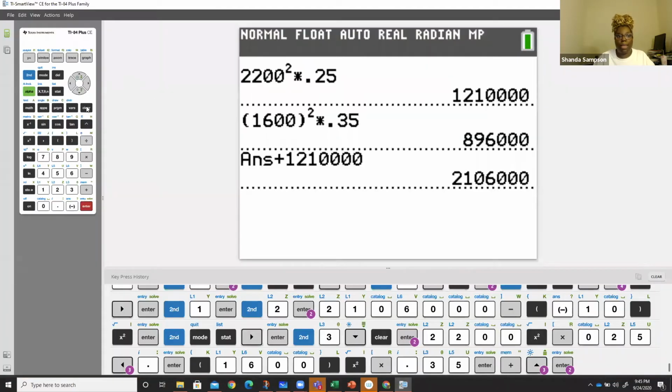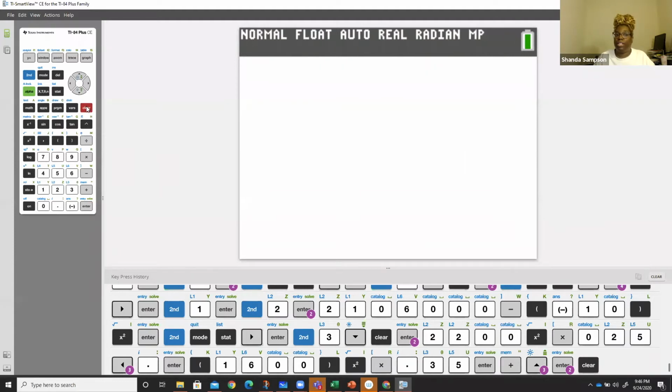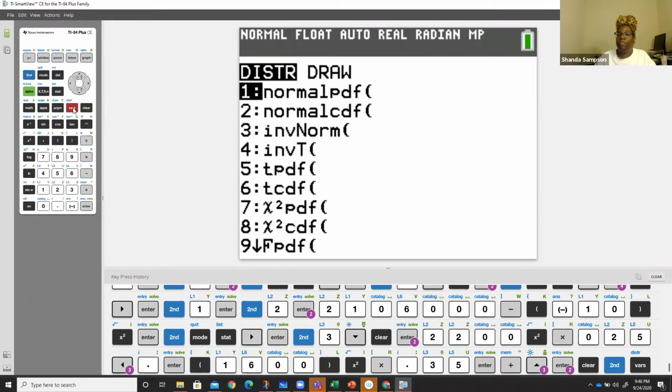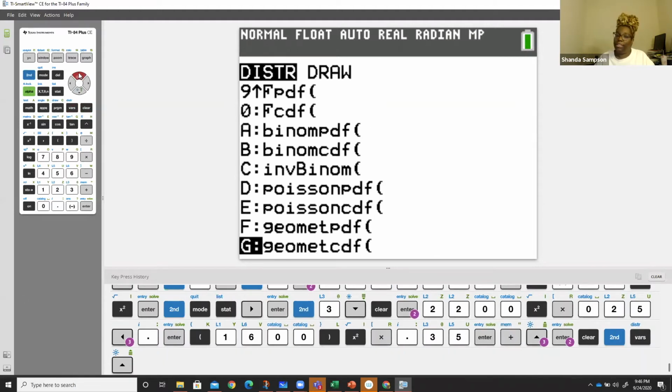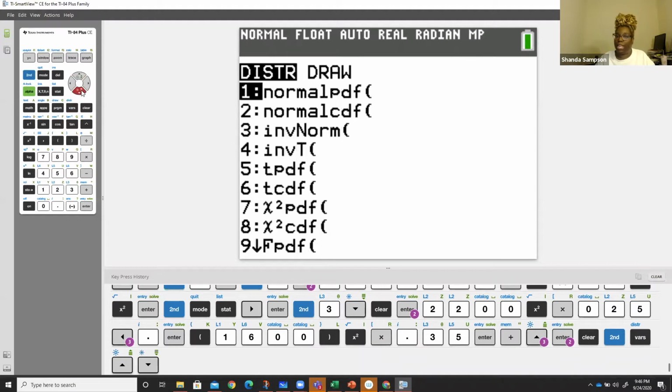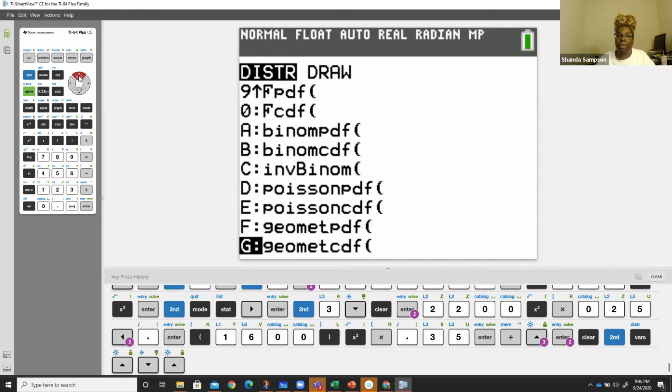So when we pull up our calculator, we go into distribution, which is on top of the VARS button. If you look on top of the VARS button, you'll see distribution. So you hit second, then VARS. And if you go up or down, I go up. If you go up, you'll see binomial. That's why you have to know what you're talking about, because if you take a look at this, there's normal PDF, CDF, there's Poisson, there's geometric. You have to know which one you're talking about, but we're only working with binomial. So you go up to binomial PDF.